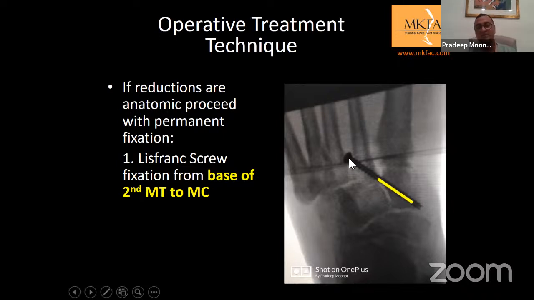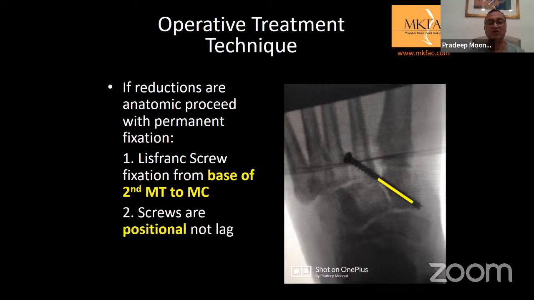Yes, you could do that, but it's always easy to aim from a smaller bone into a bigger bone. It's the other way around. So you find that this way it is much better. Also, if you see, this is a fully threaded screw and not a partially threaded screw. You don't need compression. Your reduction is already achieved by your pointed clamp.